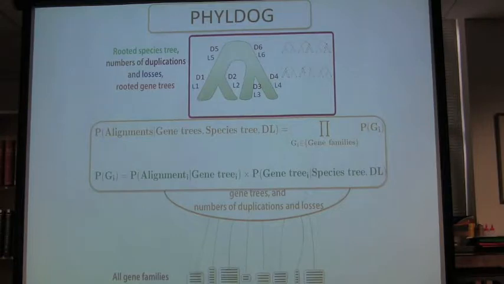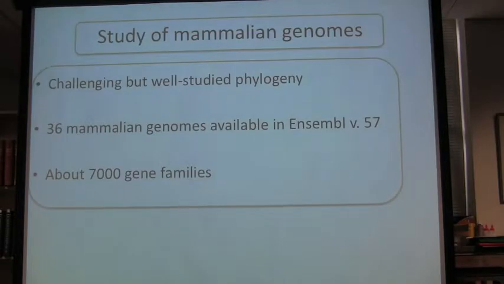And this is done in a statistical framework where you have a probabilistic model of evolution for those genes given a species tree. So we implemented this software and this method, and we made some simulations to ensure that it was working properly, and decided to use it on mammalian genomes because we have 36 mammalian genomes in the Ensembl 57 database. We have more now, but at the time we did this analysis there were 36. We selected about 7,000 gene families, selected just based on their not having more than, I think, 150 sequences or something